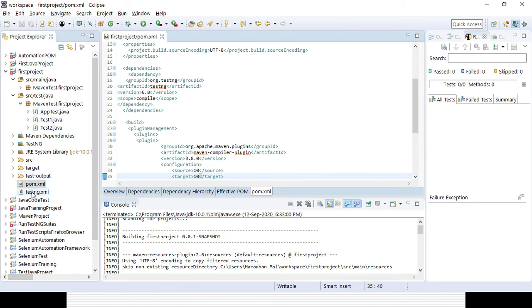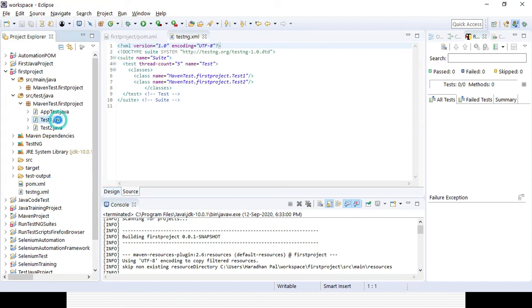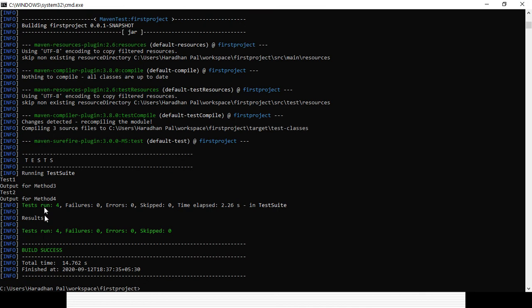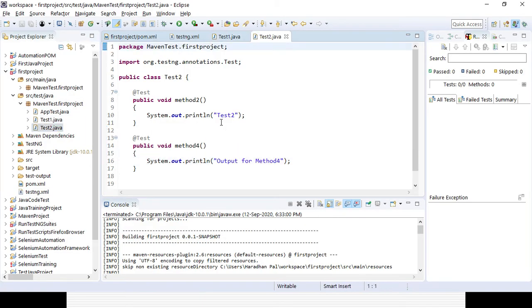In the test.xml file I have given the reference of the two classes, and in the first class there are two methods. So my code is working fine, though I am not running it from the Maven project.